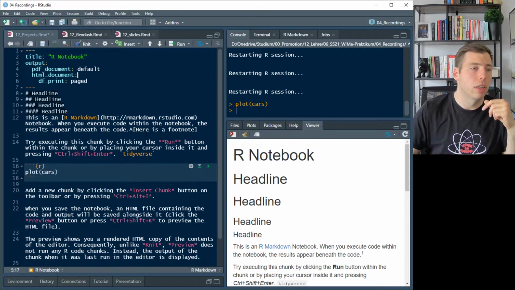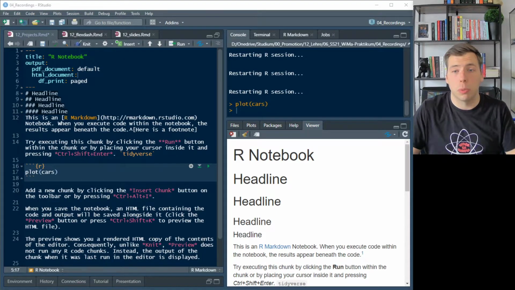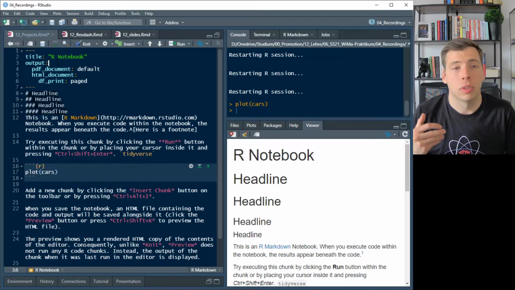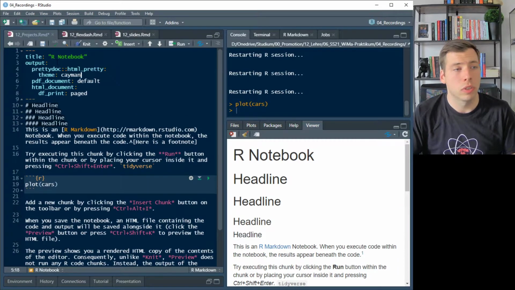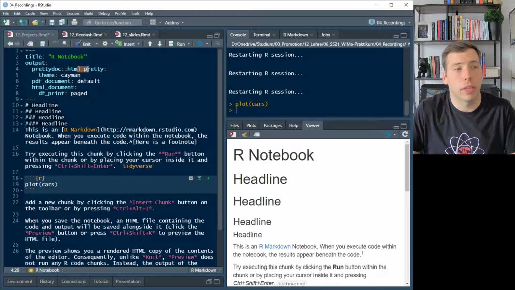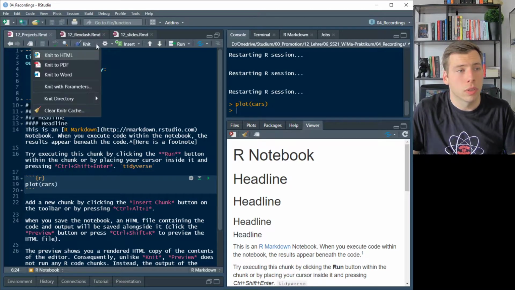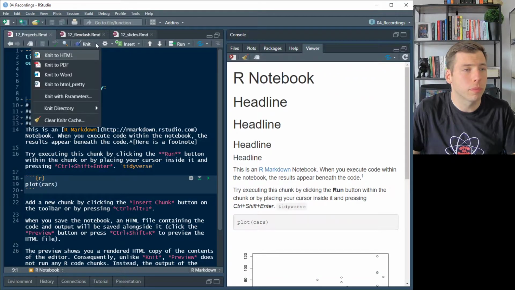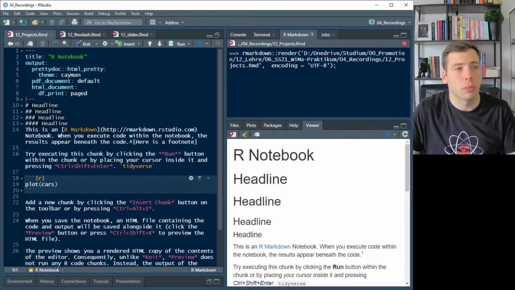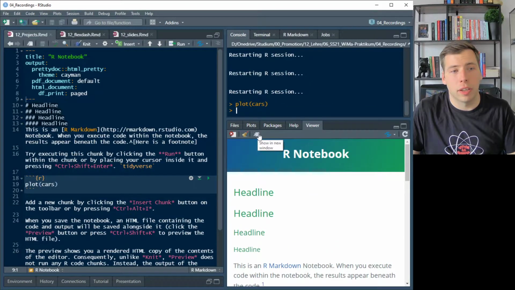Let's completely change the theme of an HTML document by using the prettydoc package. So for instance, if you wanted to have an HTML file with a neat theme, you could simply use the prettydoc package to specify this output. And then I think I have to knit one more time. Then you can knit to HTML pretty, and then things will